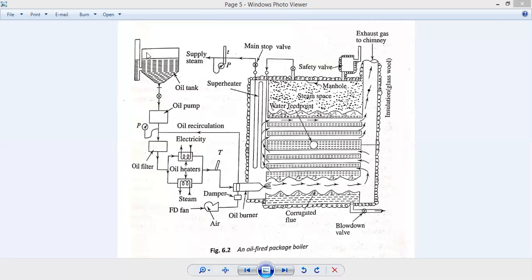An oil tank is kept here, and it goes to the oil pump, which pumps the oil through the filter to the initial heater, heated by electricity, and the oil comes out heated. Heated oil goes through here after opening the valve, and it goes through the corrugated flue itself. It is sometimes supplied by electricity, and also sometimes supplied by steam to preheat